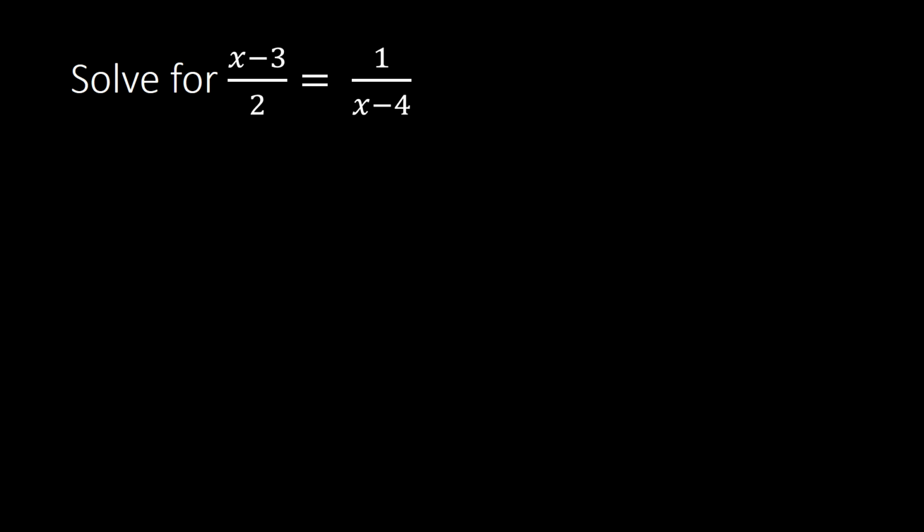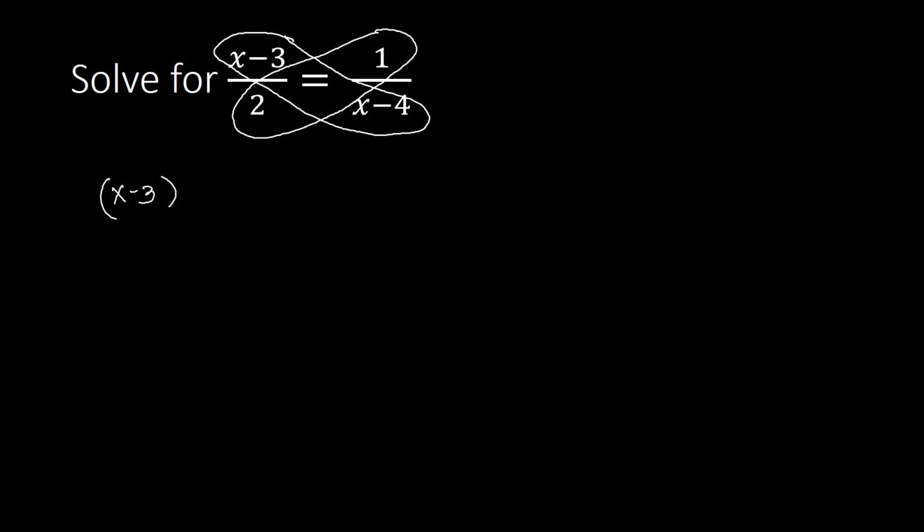So from the word cross, we are going to simply cross it out here. This is also called the butterfly method because you view this as a butterfly wing. All you have to do is multiply those two. So you've got x minus 3, following the wing that I've circled here, times x minus 4, and that will be equal to 2 times 1. Next, we are going to